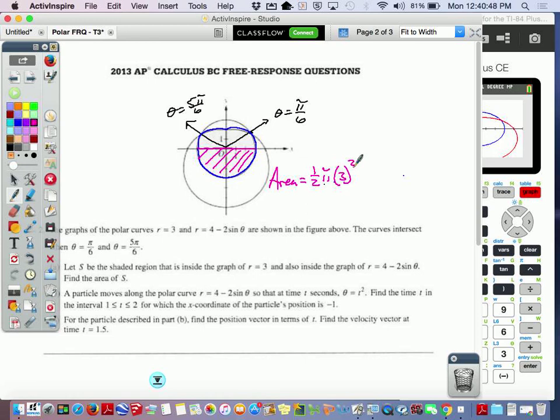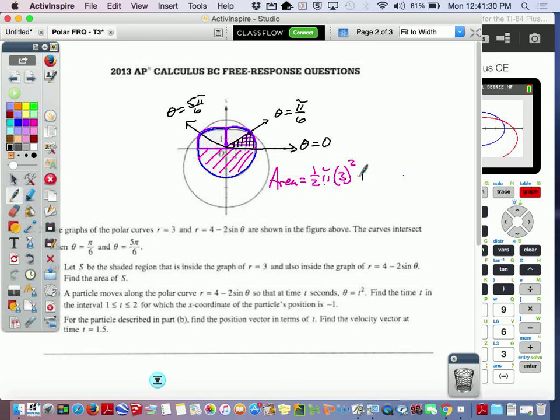Now, the part above it, this part up here, I'll outline this with purple. There's symmetry to this. I'm going to find just half of this and then double it. What we have here is that part of this area, this part right here, is also defined by the circle. But I would need to have this theta value, and that will give me that piece. That will be 0, and again, you could verify that by tracing it. So between those two theta values,